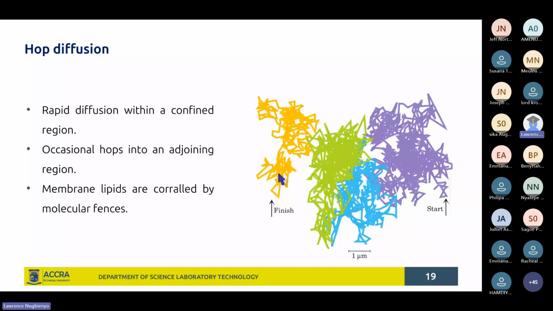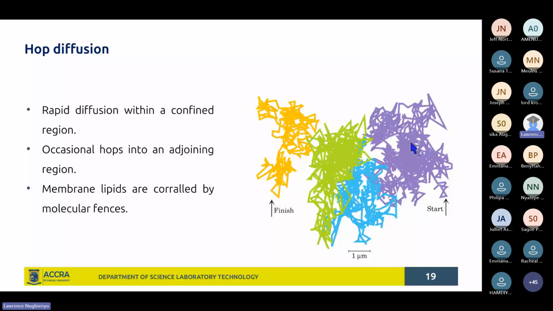But you can see that its movement is within a particular region, which brings us to what is referred to as molecular fences, to say that if you take a particular phospholipid, it will be moving within a particular region and will not go beyond that. If you look at the region which is green, that phospholipid is also moving mostly around a particular region and doesn't go beyond that. The blue, the violet, the same, they are all moving within a particular region and not going beyond that region,